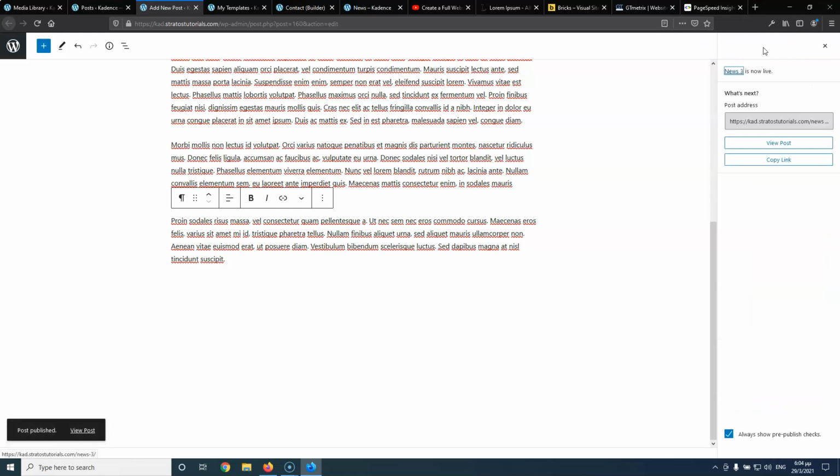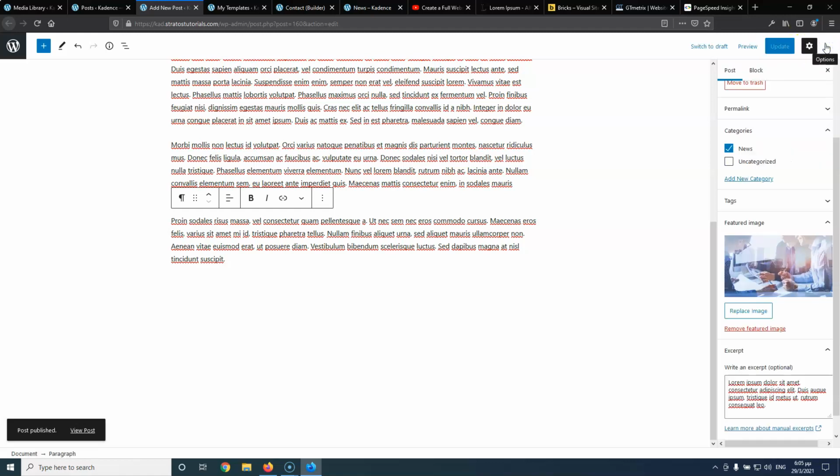The reason I'm adding excerpt is because it's easier to do that with an SEO plugin. It will grab the excerpt automatically and post that everywhere. Also, when you share the articles, it will show that, and it's better for SEO. It's better for how it looks and everything else. So let's close that,